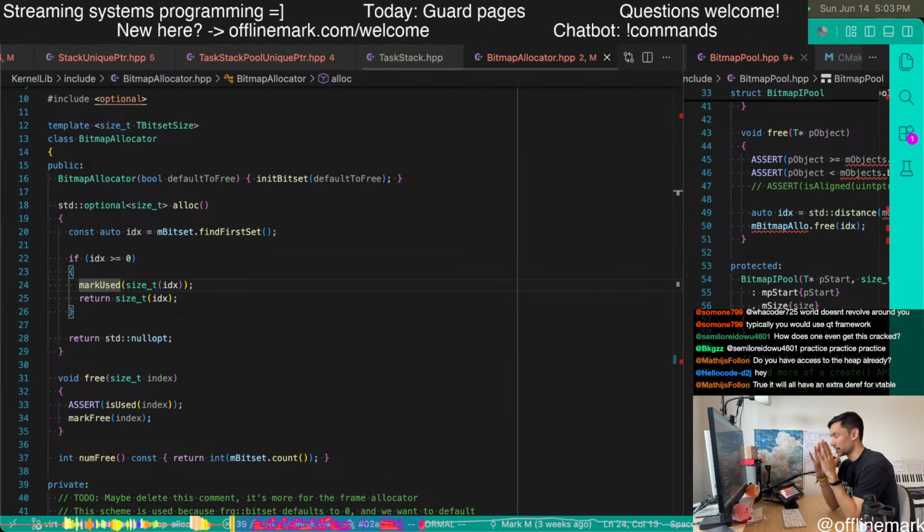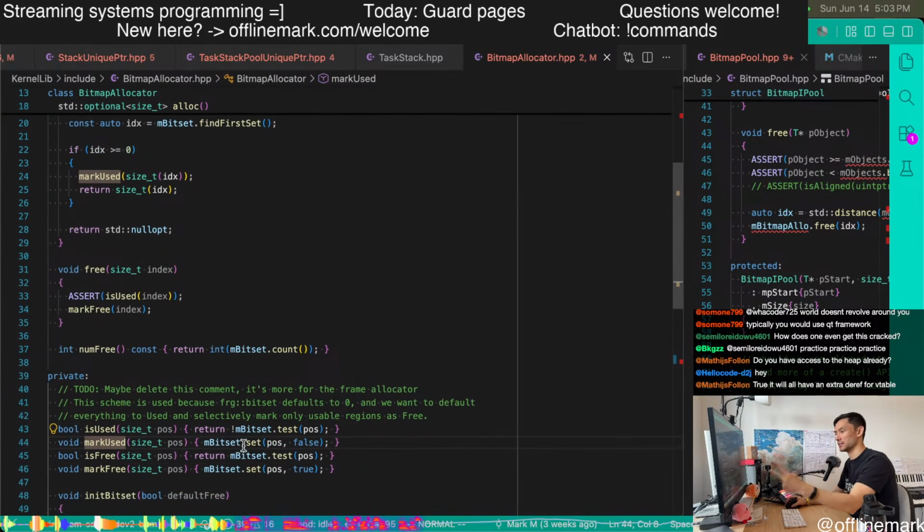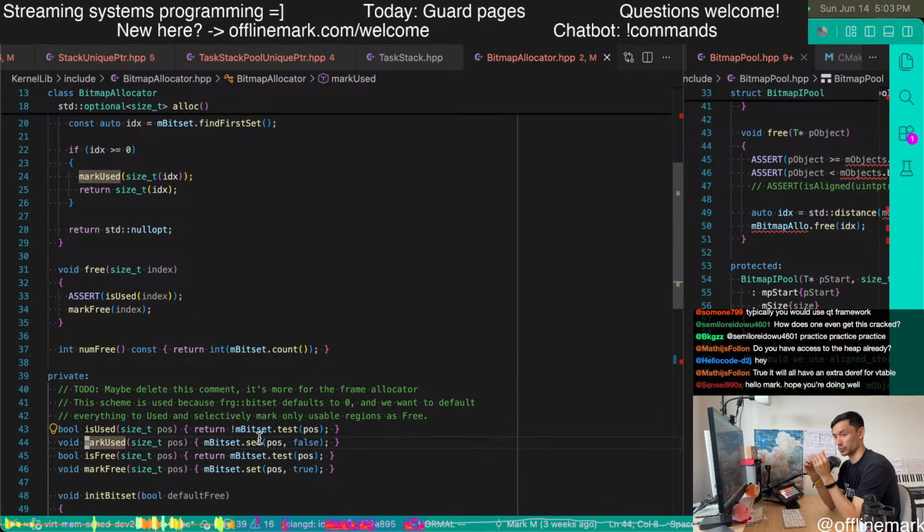I'm not saying it's bad, and I'm not saying we shouldn't do it, but it's a trade-off. Now this find first set and this dot set become vtable calls, which makes it a lot more expensive, probably at least one order of magnitude slower.